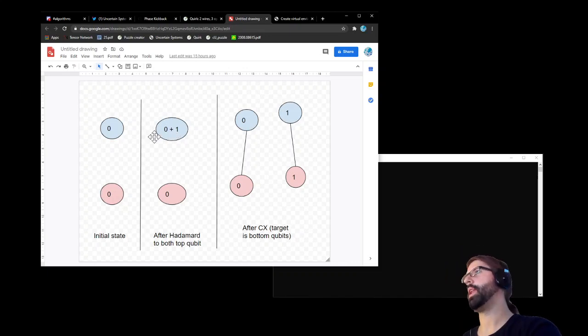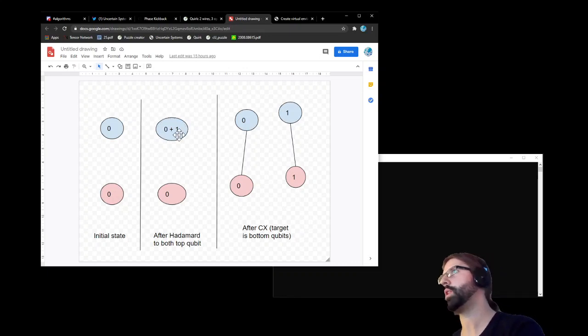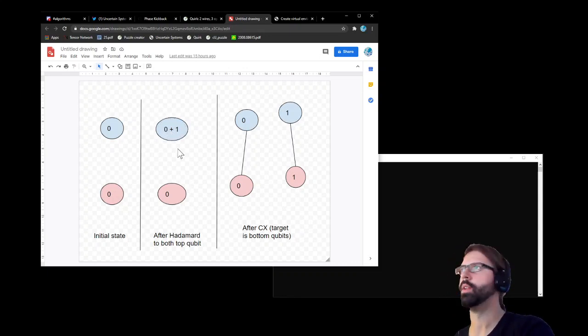But then the control gates actually create, or may create, edges, right? And split nodes and create edges. So in this particular case, if you would apply a control node to this state, and the control is, let's say, the blue qubit, it would split the blue qubit because it's in a superposition. And let's say it's a typical traditional control node, so it would split that into the two components, the 0 and the 1. So now